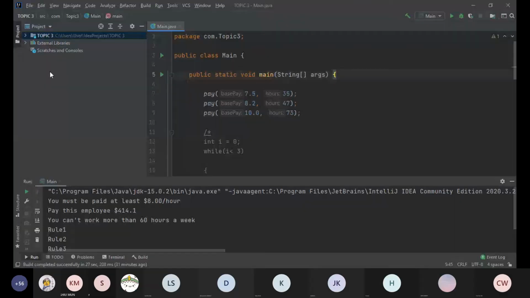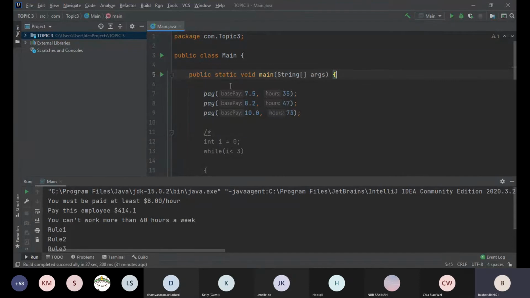Okay, so if you run this code in the Java editor, the first user's base pay is 7.5, and the number of hours worked is 35. If you run these values through the program, you can see that you must be paid at least $8 per hour. Since the worker is paid 7.5, it cannot calculate the total pay. For the next worker, the base pay is 8.2 and the total hours worked is 47. These two values meet the requirement of the system, so the system is able to calculate the pay, which is